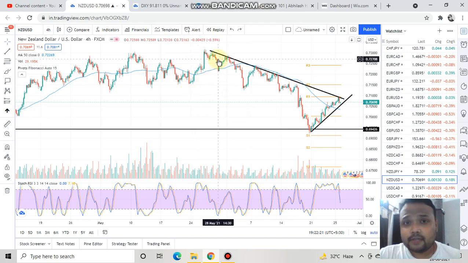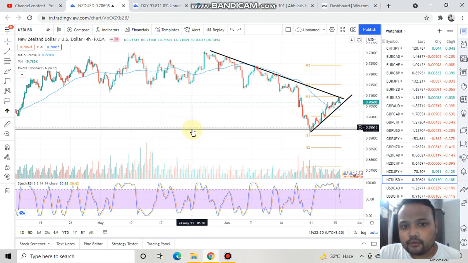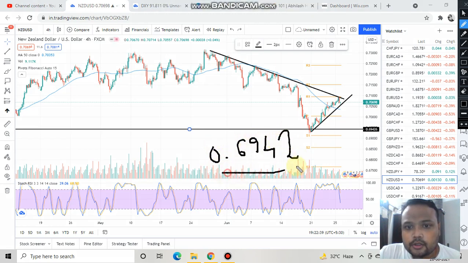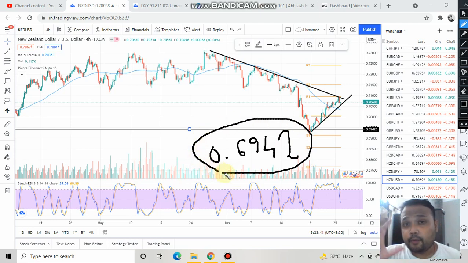Okay, so first and foremost, let me do the step by step. Let me go step by step so that you can understand clearly and in a better way. Okay, so first and foremost, I would like to focus on this level, 0.6942. So this level is the most important level in this chart right now,